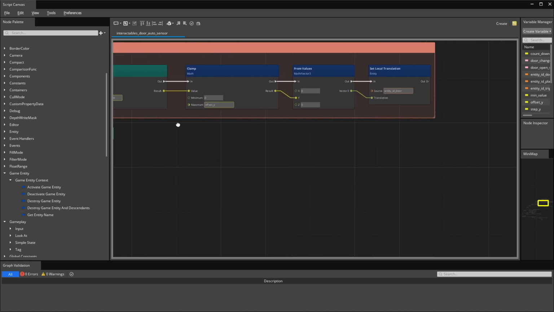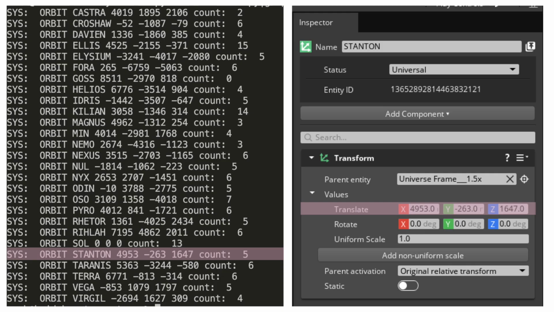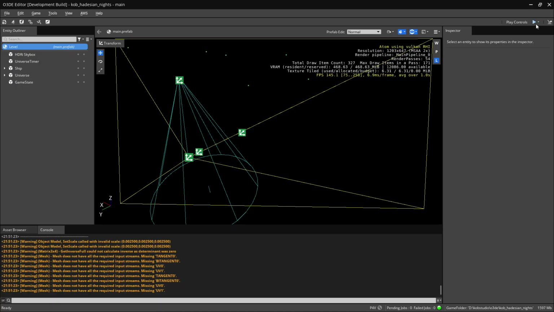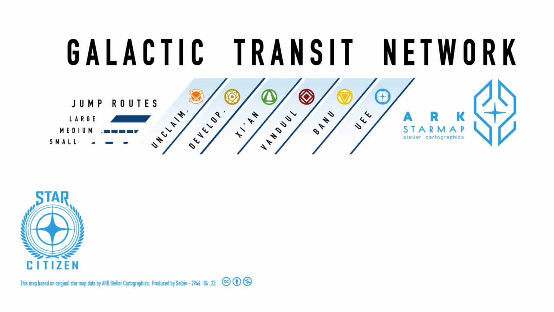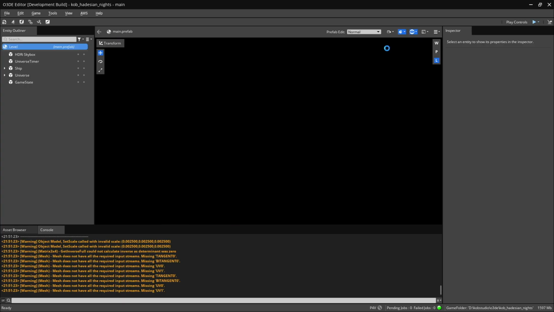The planetary rotation you saw earlier was also implemented using Script Canvas. The values for the placement for the planetary system are also conveniently provided by the Arc star map. For the stars, we will be using the color codes from Selby's map. So let's have a look how it looks like in the